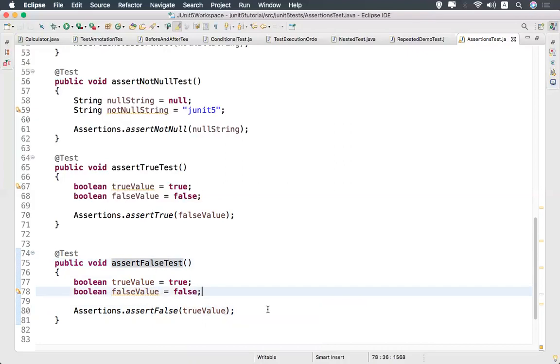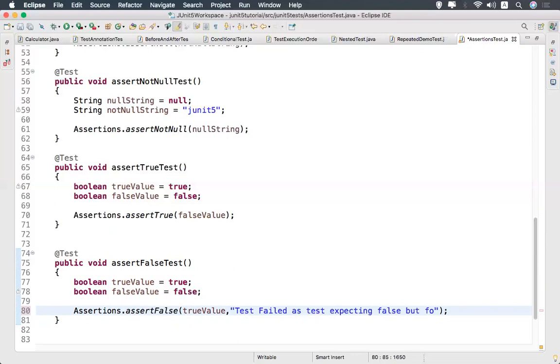And as I said, you can mention some string value here also. Okay, so test failed as test expecting false, but found true. Okay, something like I'm giving.